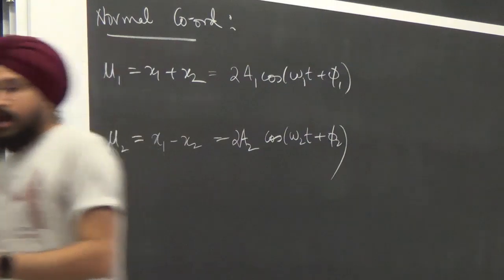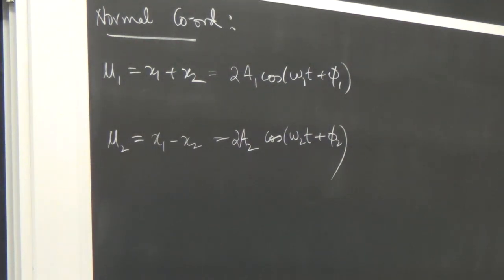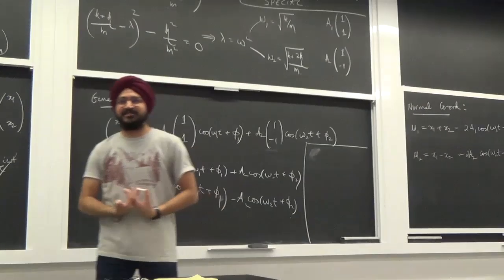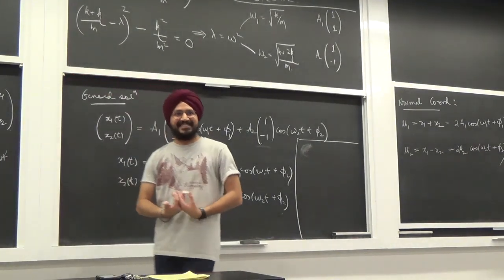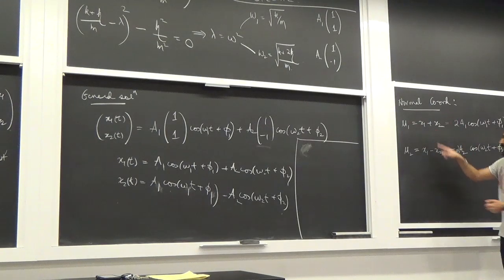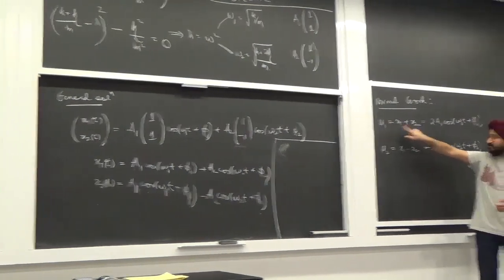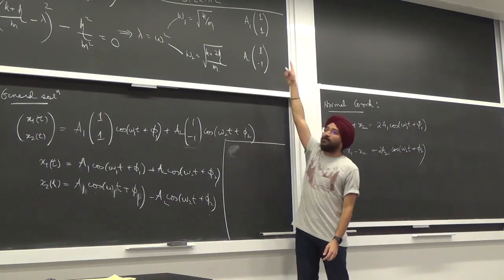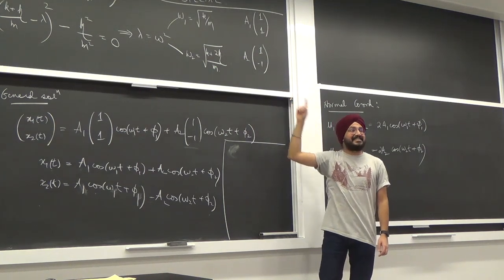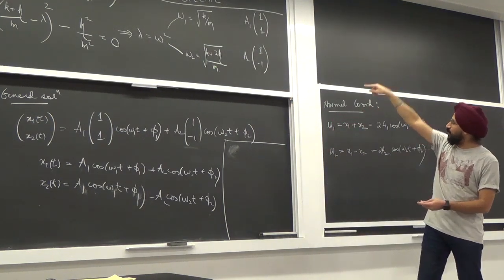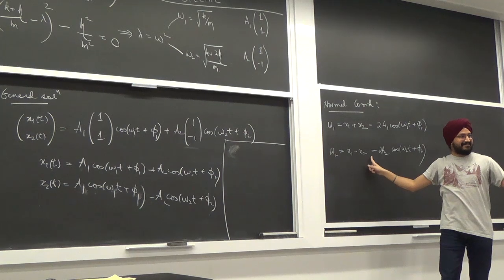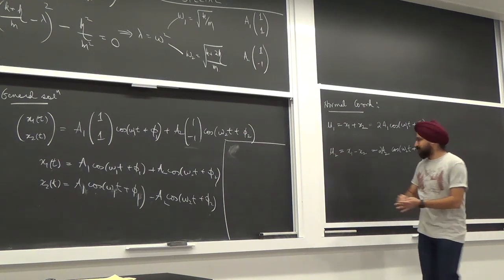Okay? I want to dispel a very important myth that I had for the longest time in my life. This got clarified to me like 4 years ago or something, which is bad for a PhD person in theoretical physics. The plus and this minus combination that I had, x1 plus x2 and x1 minus x2, is not because my eigenvectors were 1, 1, and 1, minus 1. It's tempting to say, 1, 1, add; 1, minus 1, subtract. No, it's not that. Okay? Let me show you why.